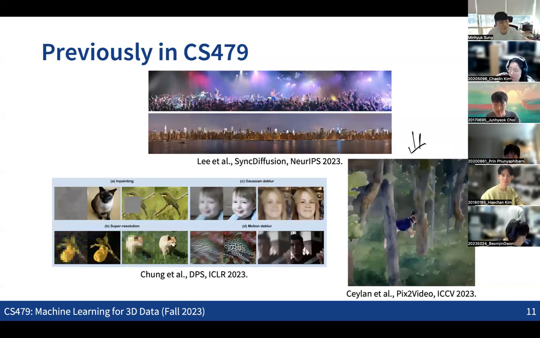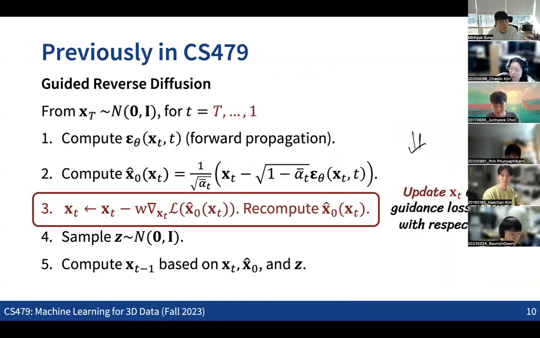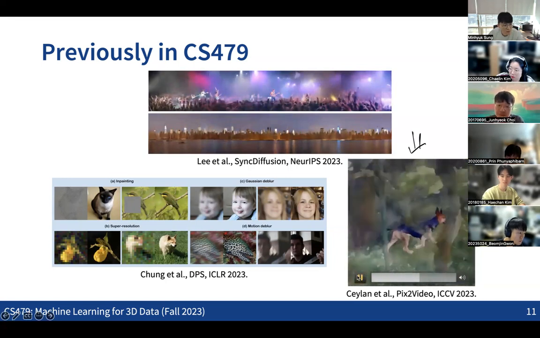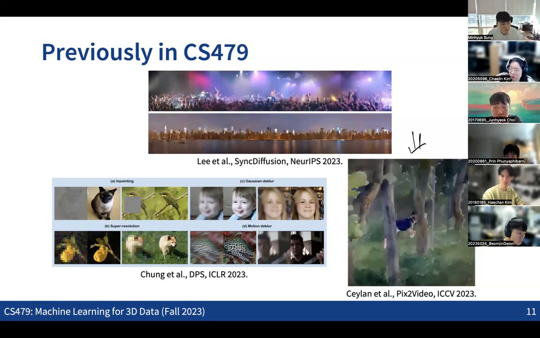Let me replay this. So this is an example where we are editing a given video in a certain style, and we are achieving stylistic consistency across all the frames in the video by adding some regularization loss in the reverse process. We can also consider lots of applications of utilizing this guided reverse process for many downstream applications. So those are some of the ideas.